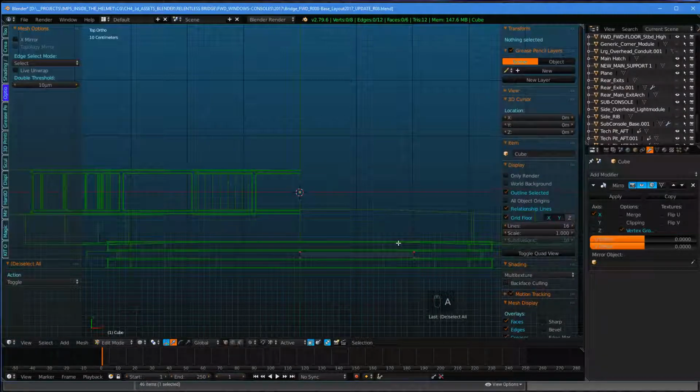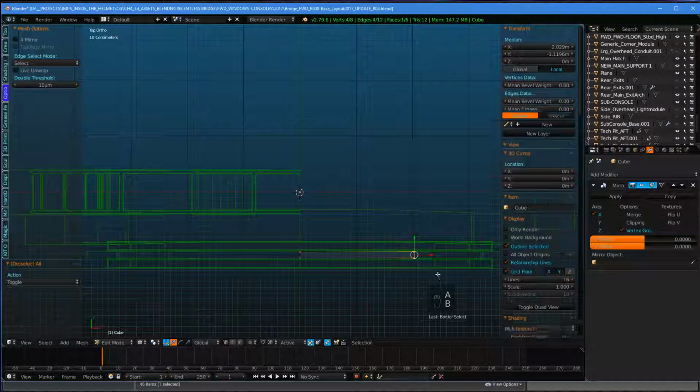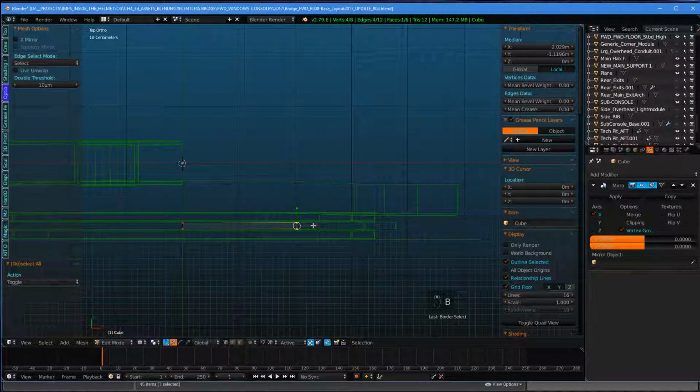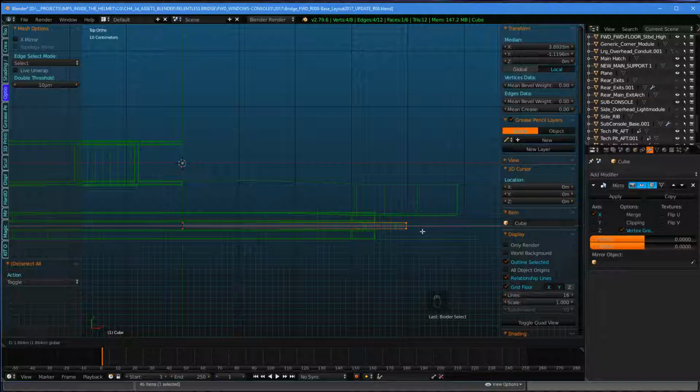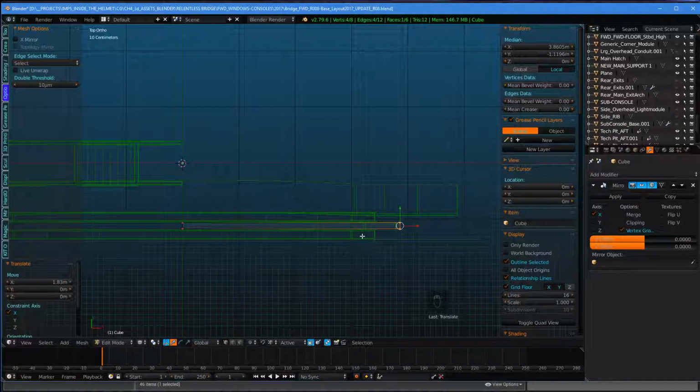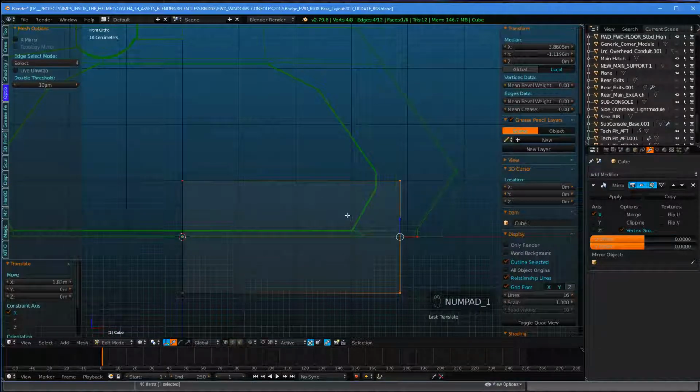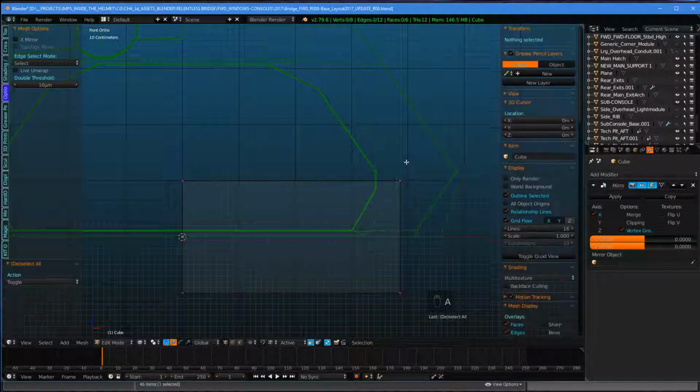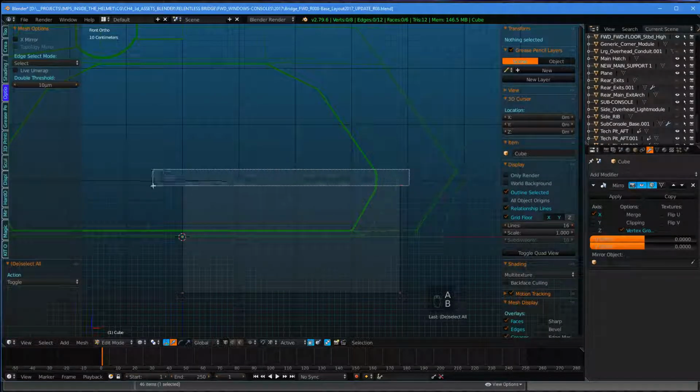Cool. Now I'll unselect, and then I'll box select these points. And I'm going to move these way over here, about right there. And then we'll go to the front view so we can see what we're doing here. Unselect, and then we'll box select these top points